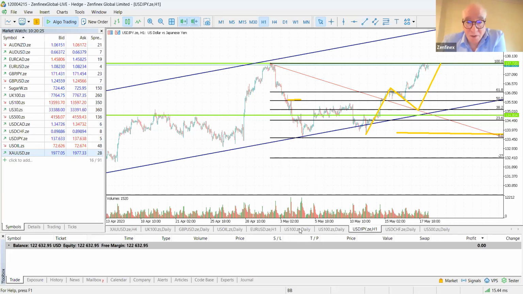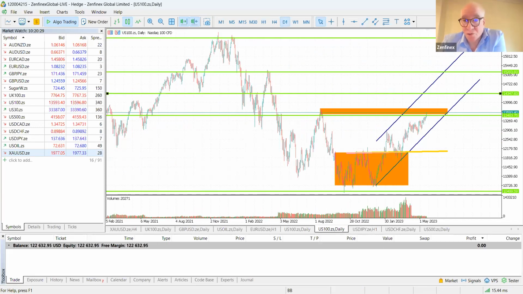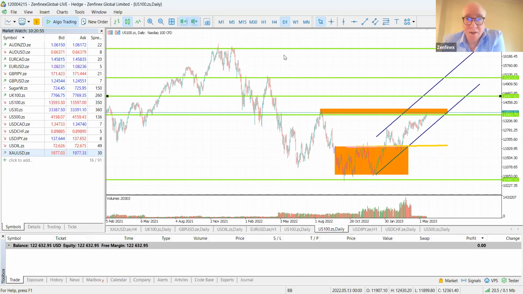What I wanted to do actually is to have a look at the NASDAQ, because let's look at this one I think I drew. So we were watching the NASDAQ a few weeks ago, and we were trapped in this consolidation zone. Yes, you could argue that's quite a big range here, and you can make money, no doubt. But what I was really waiting for was a breakout, pullback, and then almost very similar to the JPY, right? It's pulled back, and if I put a fib level on here,